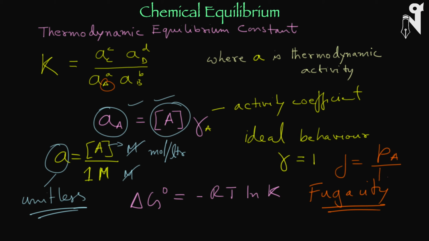So we'll consider it at 1 atmosphere. Mind you, we can take 1 bar also, there's a value of convenience. So at 1 atmosphere, your activity, which we are calling fugacity, can be taken numerically as the partial pressure itself, but unit wise you see that again the unit cancels. Your atmospheres will cancel with atmosphere. So even if you are writing the activities in terms of pressures, you still will not have any unit.